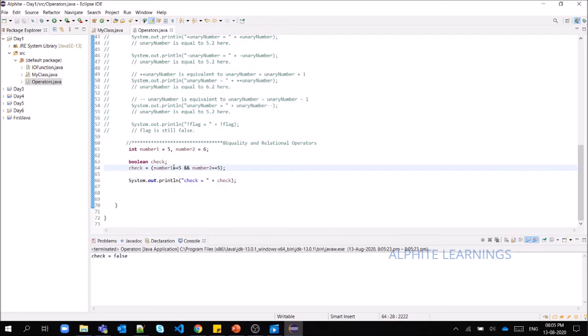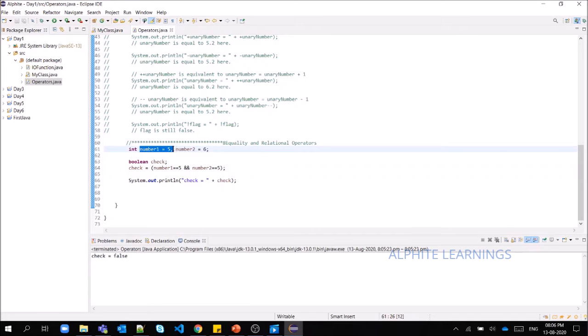As we all know, what double equal to means is, if you give double equal to, the equality check will happen. It will check whether the left hand side is equal to the right hand side, which means number 1 is equal to 5, it will check. If you give single equal to, it means it is the assignment operator, right?